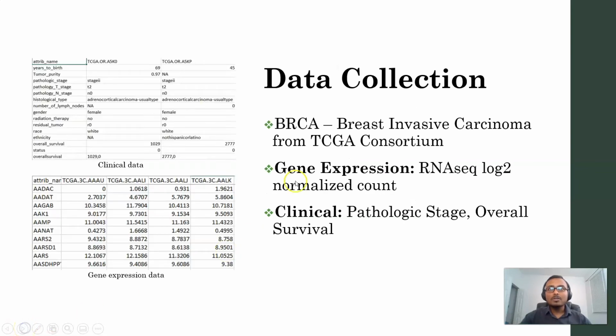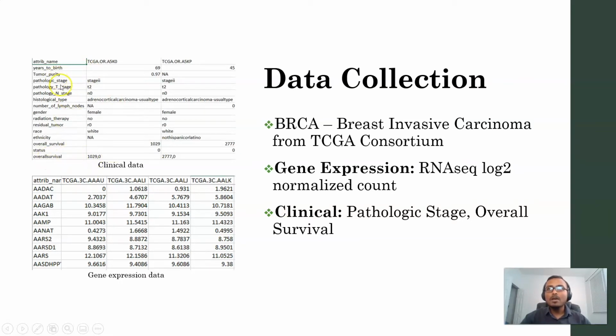So for the data collection, we collected TCGA breast cancer data from the Xena browser, which contained 32 TCGA cancer types and multi-omics data. We are using gene expression data, which is RNA-seq log2 RSEM normalized count. And in the clinical data, there were multiple attributes for each of the patients, and we are only using overall